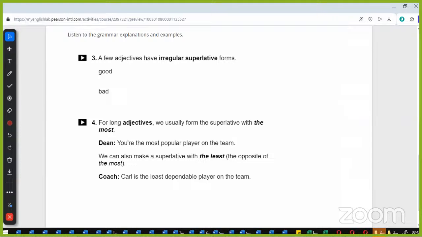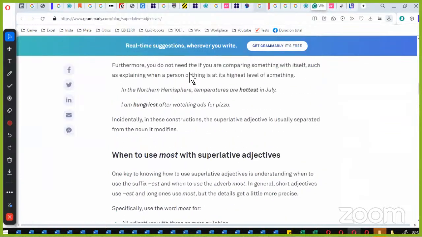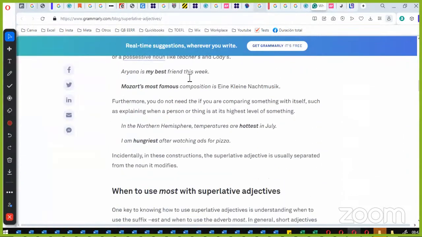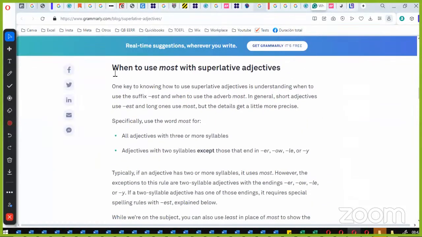Okay, here we have it. Okay, so here it says, everything here. Okay, can you please read here